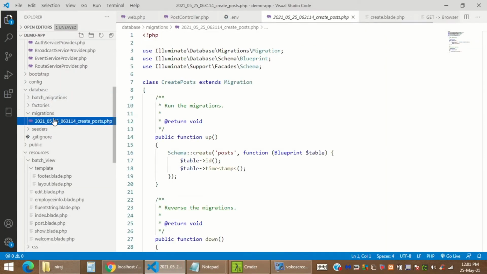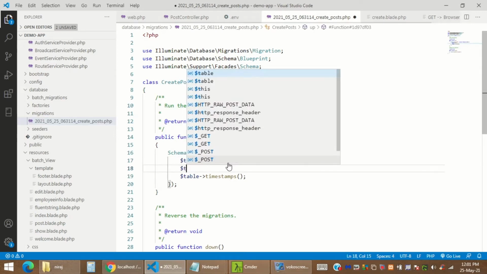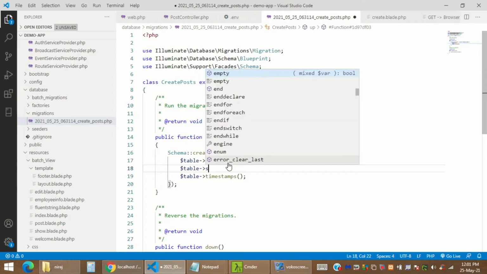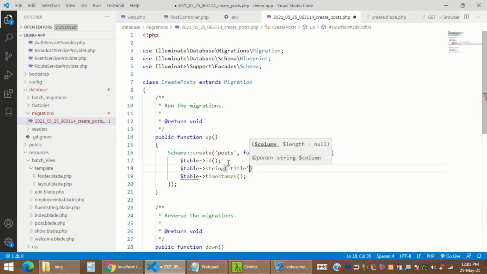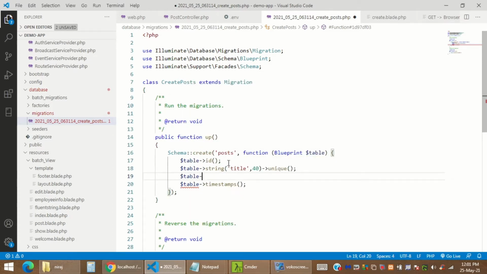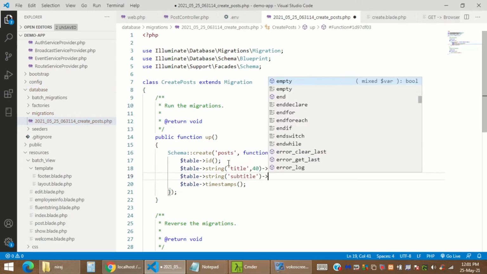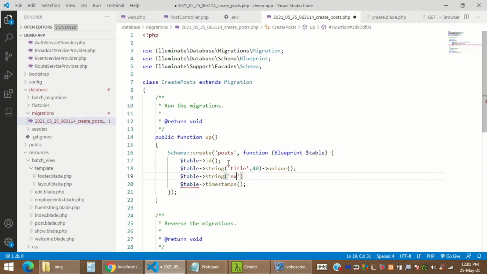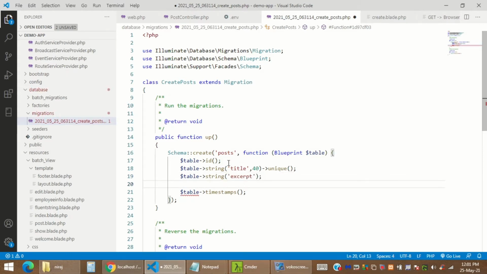With this I'm going to create a table and use the table variable, and you're going to use string title having 40 length, and the title should be unique. Similarly, I'm going to create another column named subtitle, or I can say excerpt, and its length should be approximately 80. You can define anything that you like.